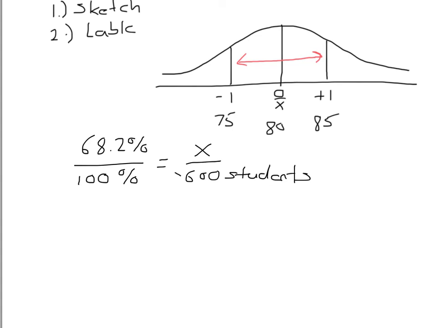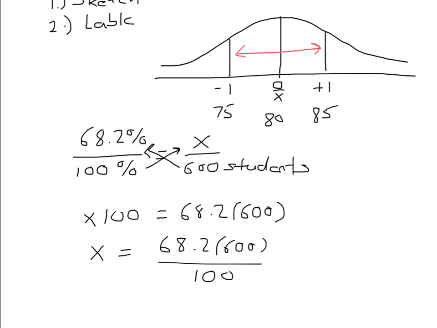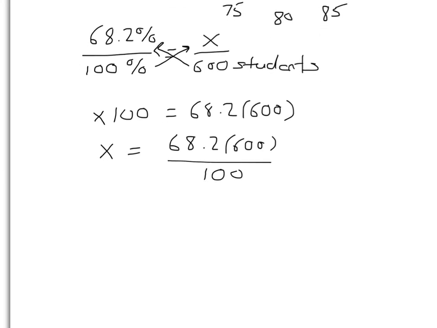I would cross multiply. I find that x times 100 equals 68.2 times 600. X equals 68.2 times 600 divided by 100. This should be easy. This is a little bit of review. When I solve this on my calculator, I get x to equal 409.2 students